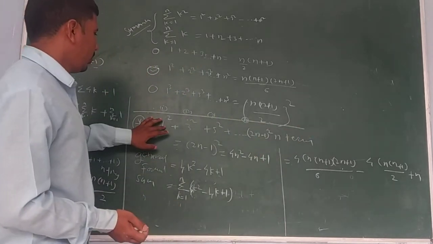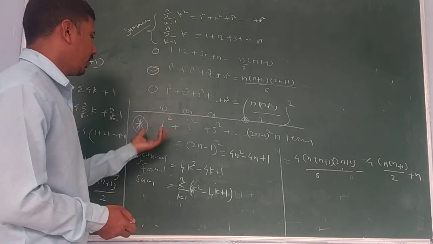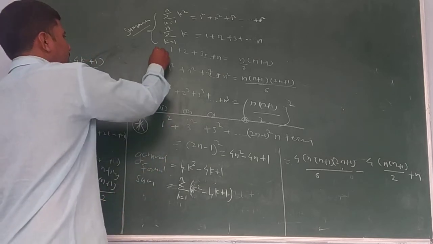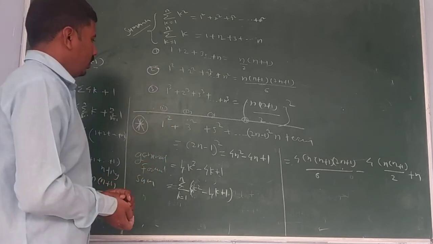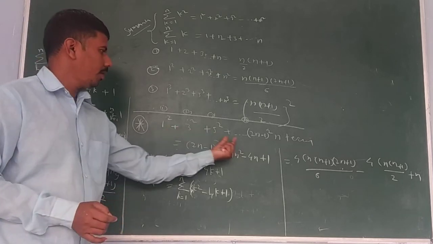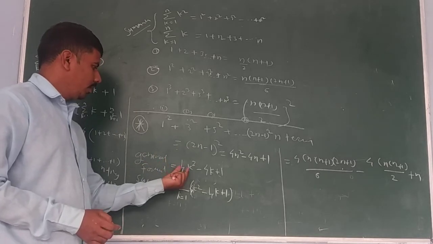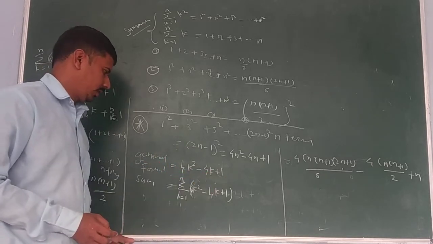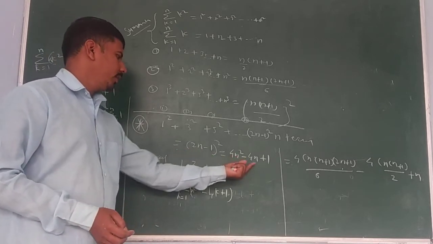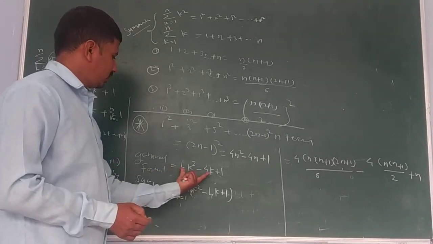Here, 1 square and 3 square are given directly, while in formula 2 square is given. So we can't apply the second formula here, first, second and third. So what we did is determine the general formula of any term of this series. The general formula will be 4k square minus 4k plus 1. This is the general term we determined, and instead of n we have just written k for the sake of understanding. So this is any term.